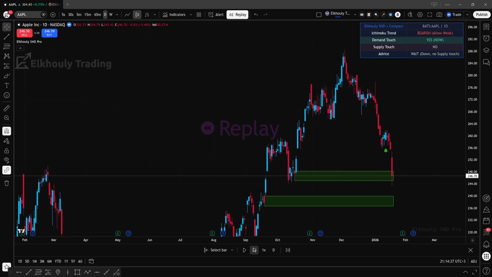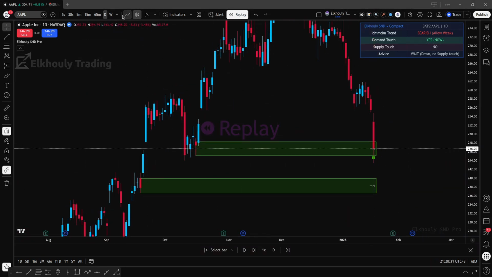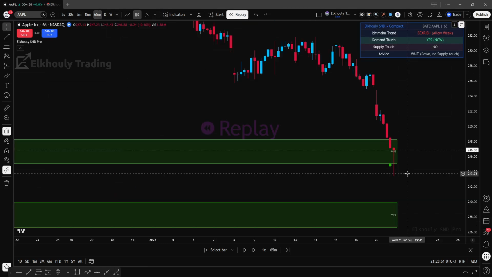No matter what strategy you use, waiting for pure price action confirmation inside an observation zone ensures true market validation before risking a single dollar. Now let's simplify the execution inside the zone. As price enters this automated Elkhouly SND Pro demand layer, we look for one simple fact, an active response from